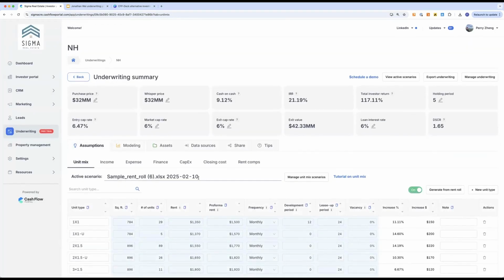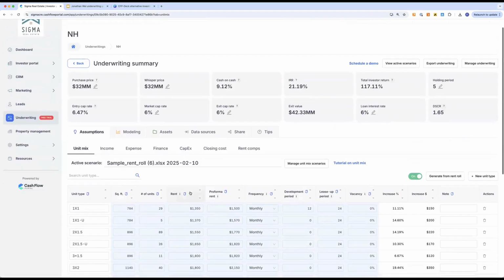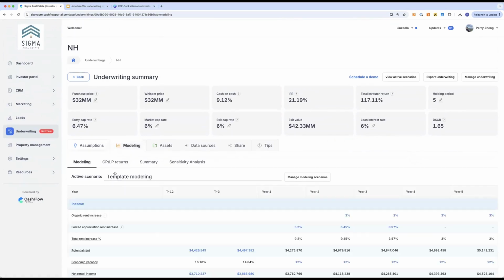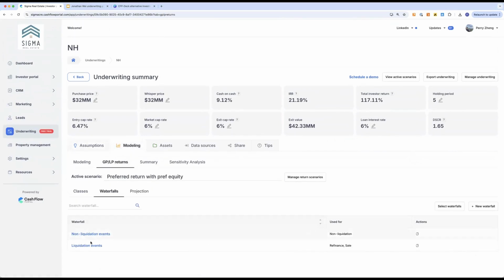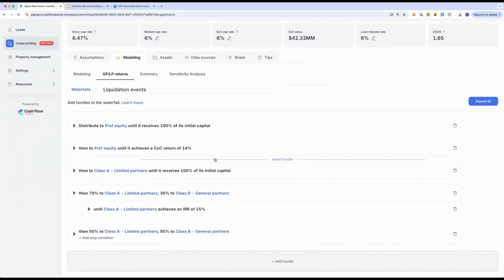Yeah, so we pretty much cover almost everything. The next version of this, which could come a few months later: you see the waterfall here. These waterfalls are not the easiest to set up. What we want to create is that you can speak to it in English and we will just build it for you. Almost like an AI agent: hey, these are my classes, this is how it works, this is the English version of it. Can you just build the model for me?